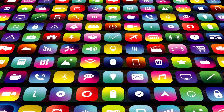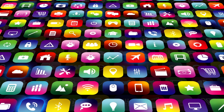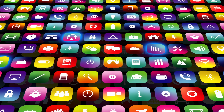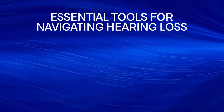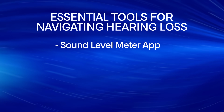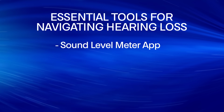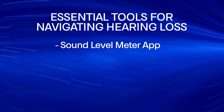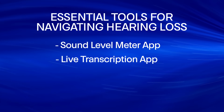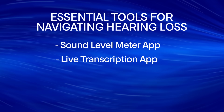Cliff's video. As you can see, the world of smartphone apps is constantly expanding to make our lives easier and more efficient, and the hearing loss space is no different. If you have hearing loss, you should absolutely have a sound level meter app to know how loud is too loud and give you the option to put in hearing protection or get away from the sound before it damages your hearing. A live transcription app for tricky listening situations where you don't trust your ears alone or when you